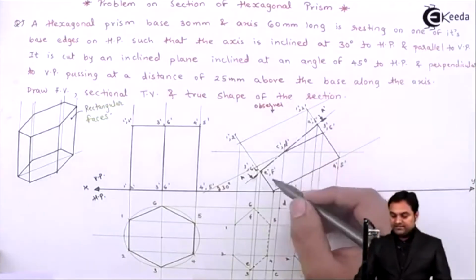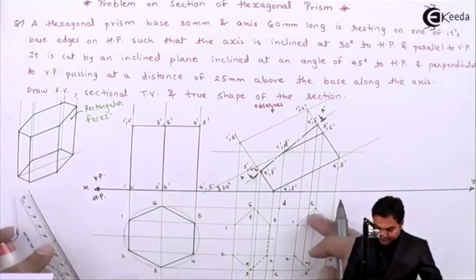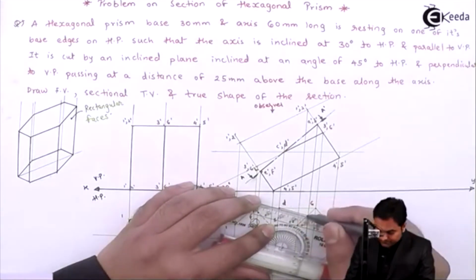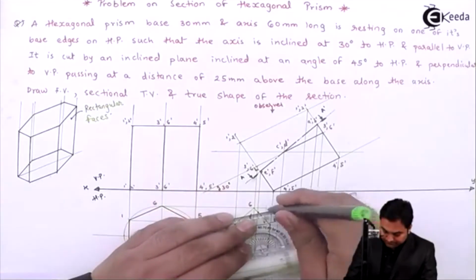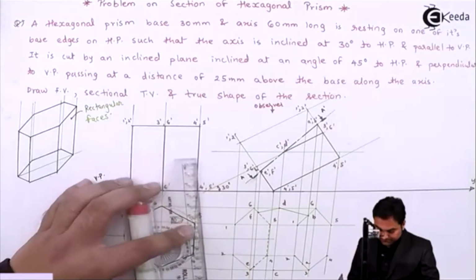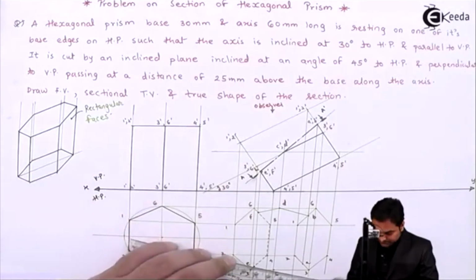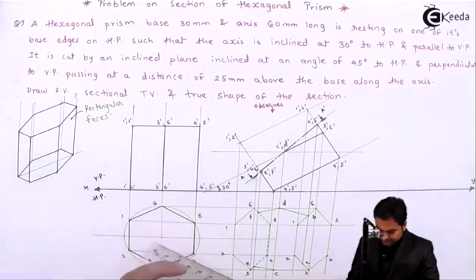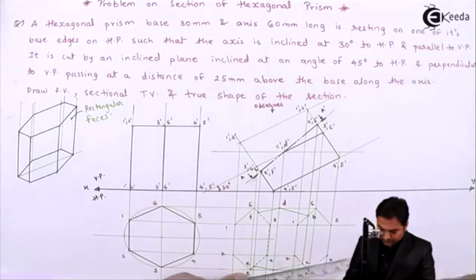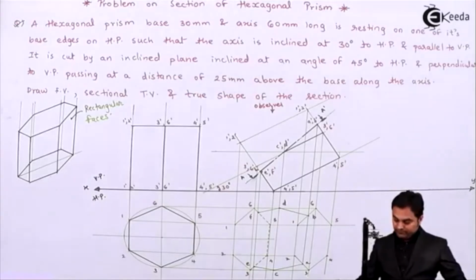Now joining these points in the proper sequence, and as an observer, all the 6 points, that is A dash, B dash, C dash, D dash, E dash and F dash, are visible to me. So connecting them in order, A, B is already there. Next, connecting B to D, then D to F, F to E, already connected, E to C, and C to A. Then I'll make it dark so that we can understand which portion is there and which is removed.